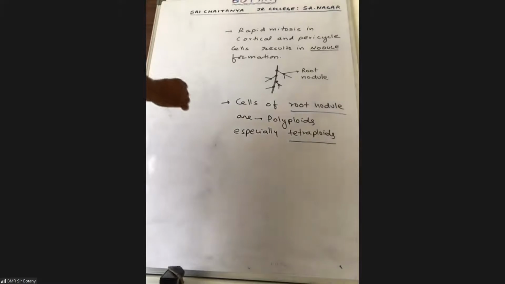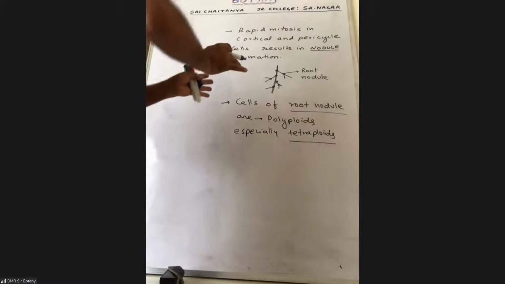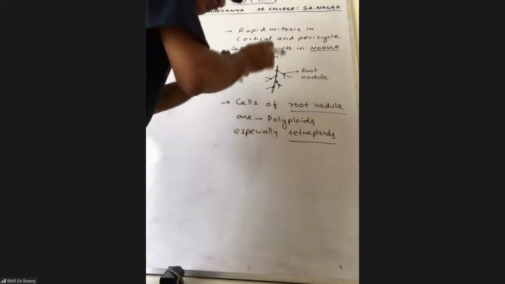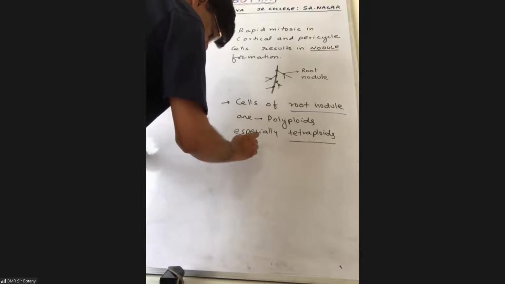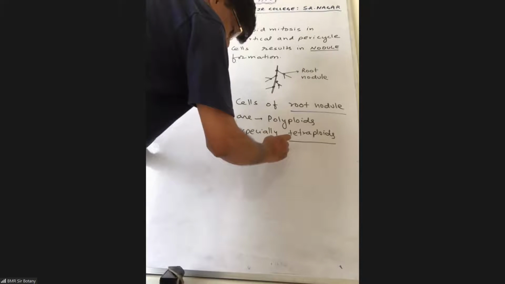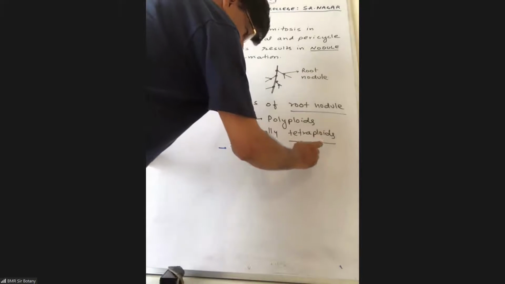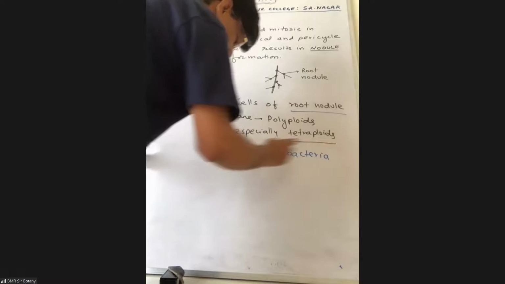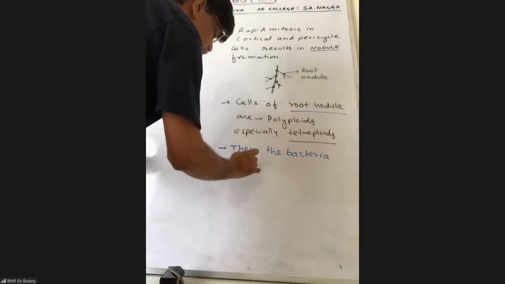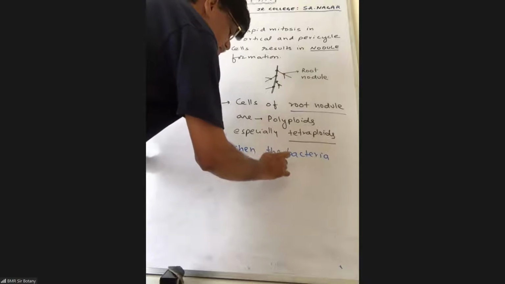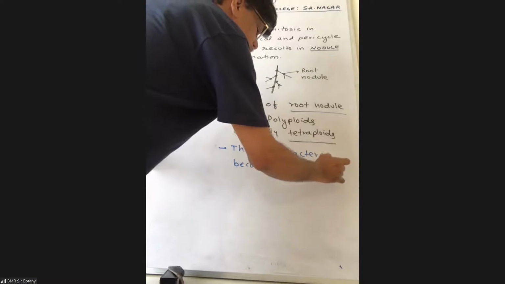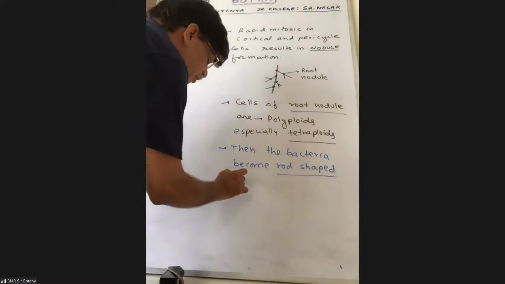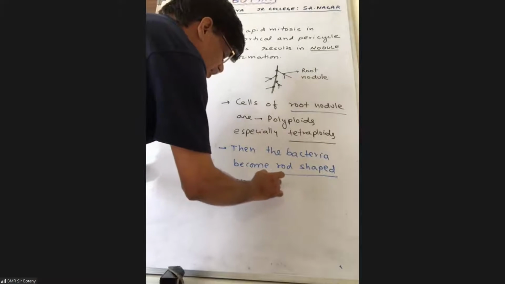Now, the rhizobium bacteria, after inducing rapid mitosis, have gone into the cortical and pericycle cells. So in the root nodule, what are they going to do now? Then the bacteria become rod-shaped and are called bacteroids,